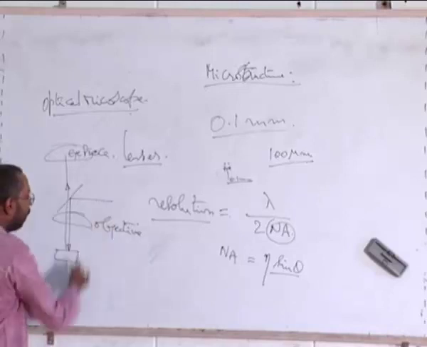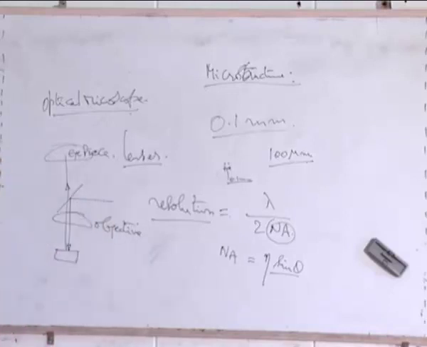But the basic principle is that the light falls through this and then goes back. In the case of a dark field image, the light does not go through the objective. Have you heard of an annular dark field image anytime? Okay, maybe we'll come to it a little later. At the moment, you assume that the light is going through the objective and then being reflected back from the surface and then goes to the eyepiece.